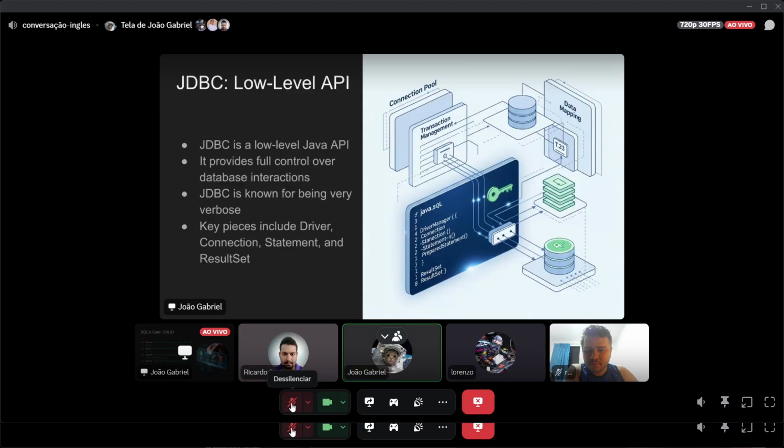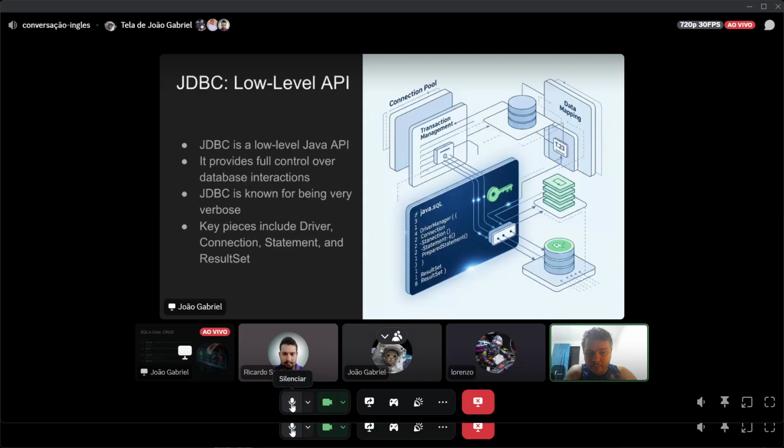I worked with JDBC too. I guess everyone has felt the pain once in their life working with it. But many developers prefer to work with frameworks. Definitely, API frameworks are better than JDBC. I agree. Especially in the Spring world, where we have JPQL, where we can write our own queries without the verbosity of opening and closing connections from JDBC.